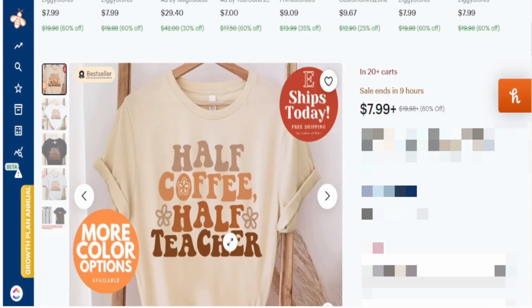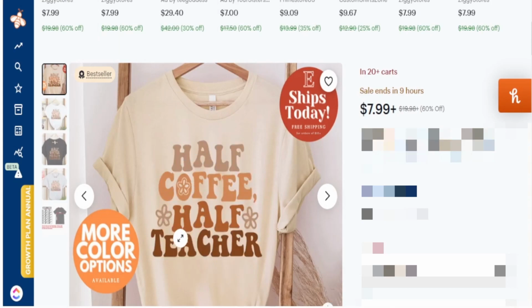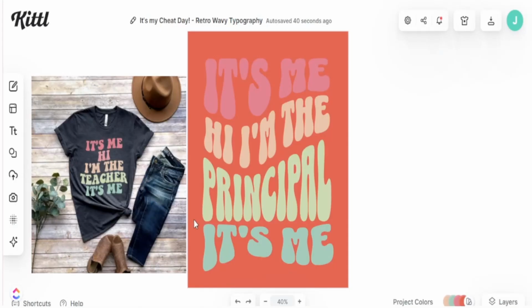We know they work well on different designs. We see them here working well with that design, and we see them here working well. We don't have to take the exact same flowers, but just adding those retro style flowers to our design can be one of those key design elements that's not visible here that we can add in to bring extra